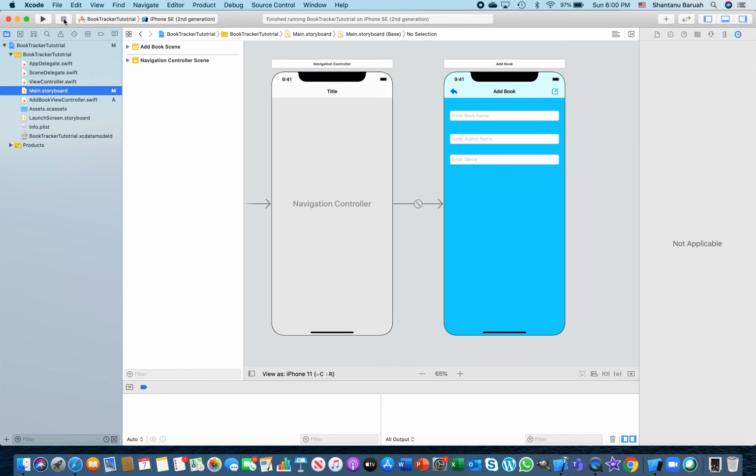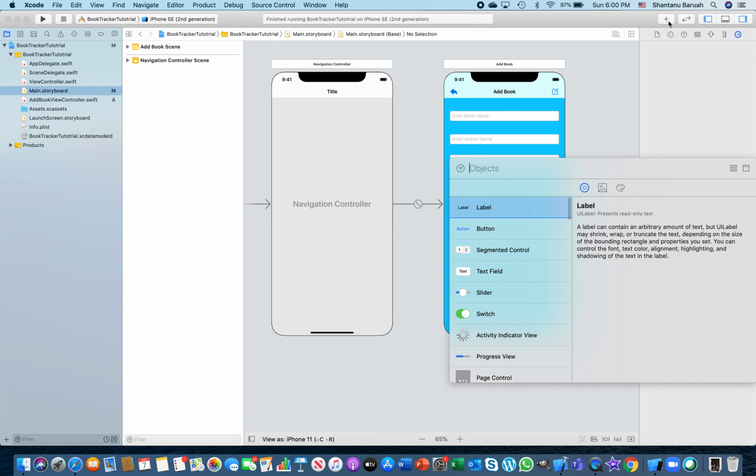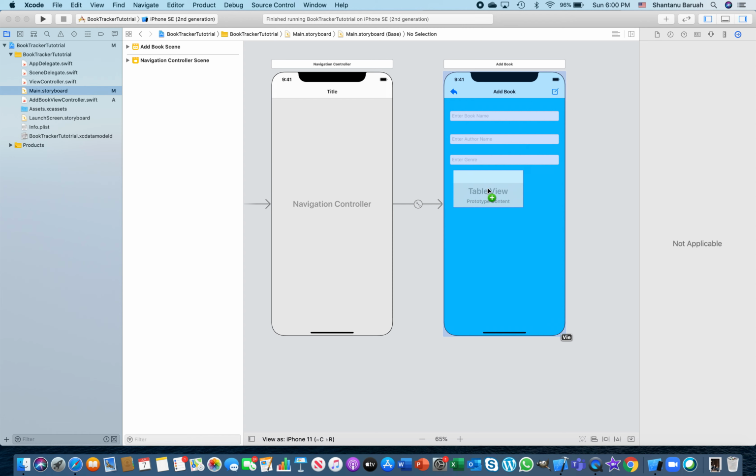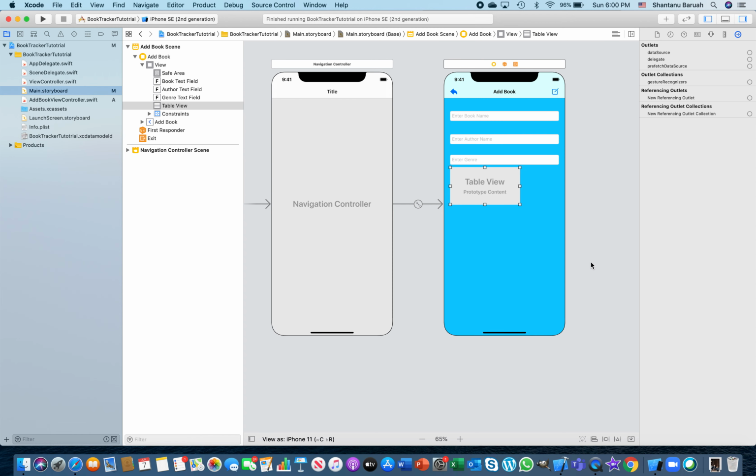Okay, go ahead and stop this, and then what you do is, you remember how to get a new UI object, right? Click on the plus symbol. In this, you start typing table view. So you can see here, you will find two things on a table view. One is a table view cell, one is a table view controller. The one that I need is a table view. Just go ahead and select that and place it on your screen. You can size it a little bit, make it as large as you want it to be,